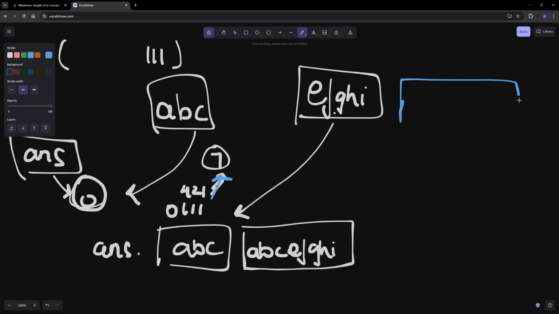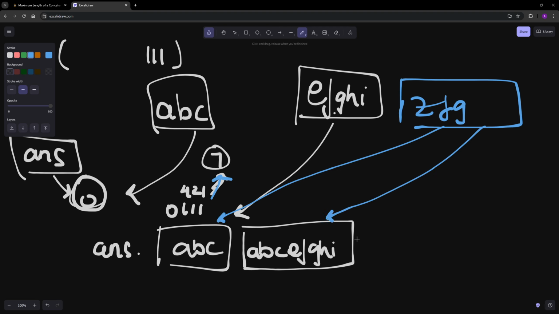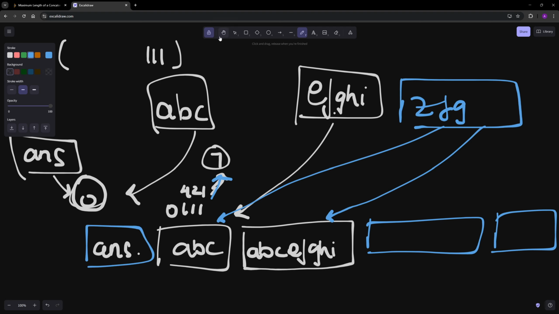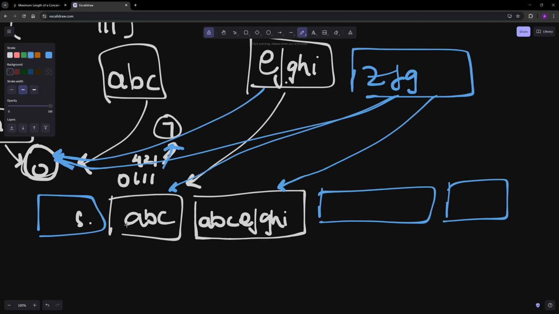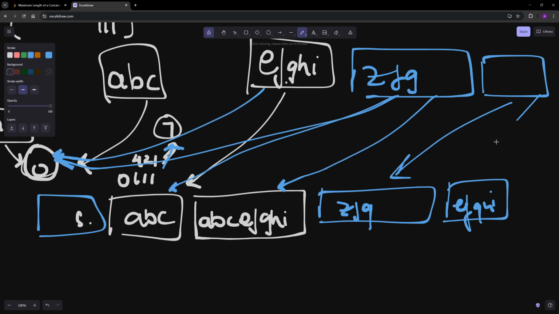I'll come to that. Now what can happen is that I will have ZFG. ठीक है, ZFG. So ZFG अब क्या करेगा? पहले इसके साथ ABC के साथ combine करेगा, फिर ABC EFGHI के साथ combine करेगा, and after that it will push that again, right? And we will keep pushing in this answer, because any future elements can come over here and it can combine, right? And also guys, I think I missed one thing over here. मैंने तुम्हें बोला था ना जीरो से भी होगा, जीरो तो लिखा था भाई, इसको combine नहीं करवाया, तो जीरो से भी combine होगा ये, and this will also combine with zero, so that ZFG will also come into the picture. EFGHI will also come into the picture, and any further elements will even combine with this.